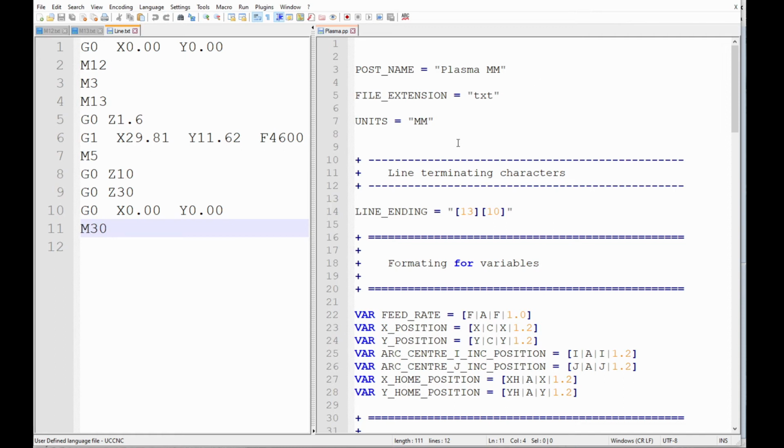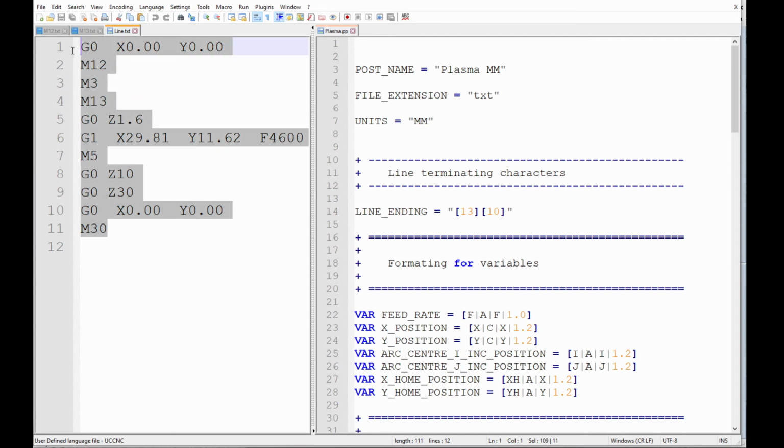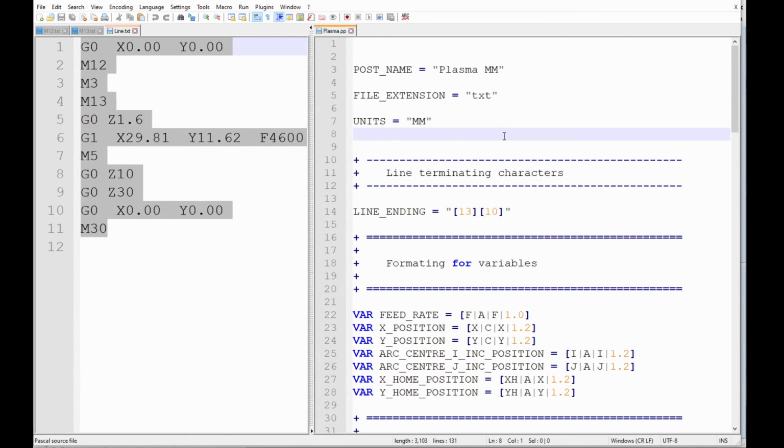Now probably the first thing you'll notice is that I cut out a lot of junk. I like my code to be as clear and easy to read and uncluttered as possible. I don't need to please everybody like Vectric does with their official post processors. I only need to please myself. So I cut a whole lot of guff out. But what is important? Okay, here is the name of the post processor